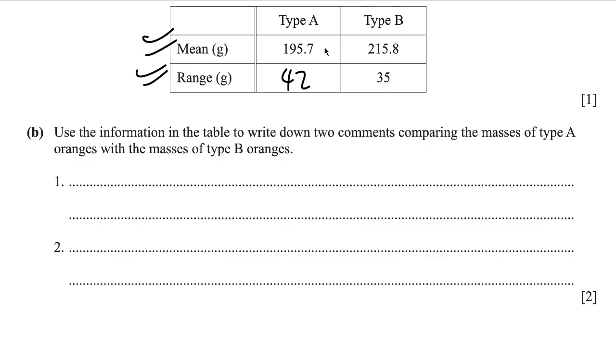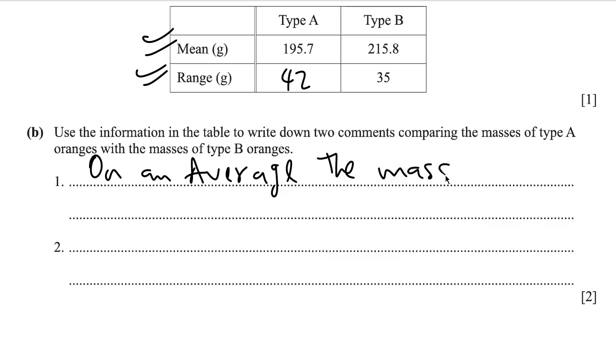We could see that the mean of the type A oranges is 195.7, and for the type B oranges is 215.8. So we could say that on an average, because you know that the mean is the same as average,